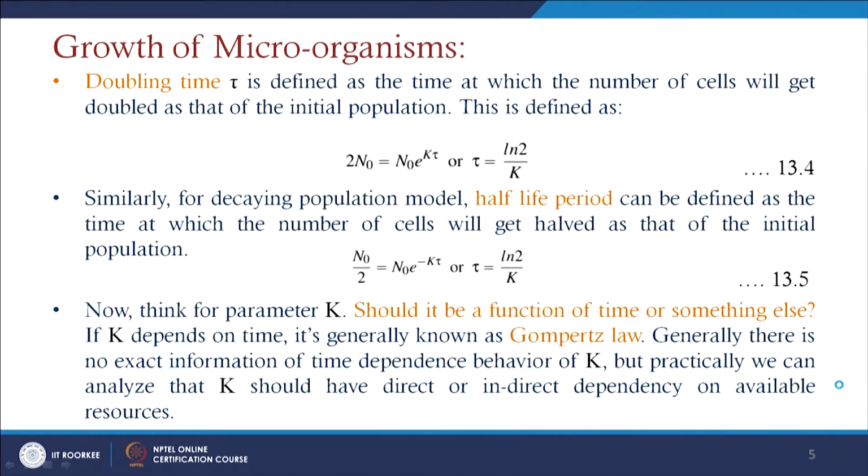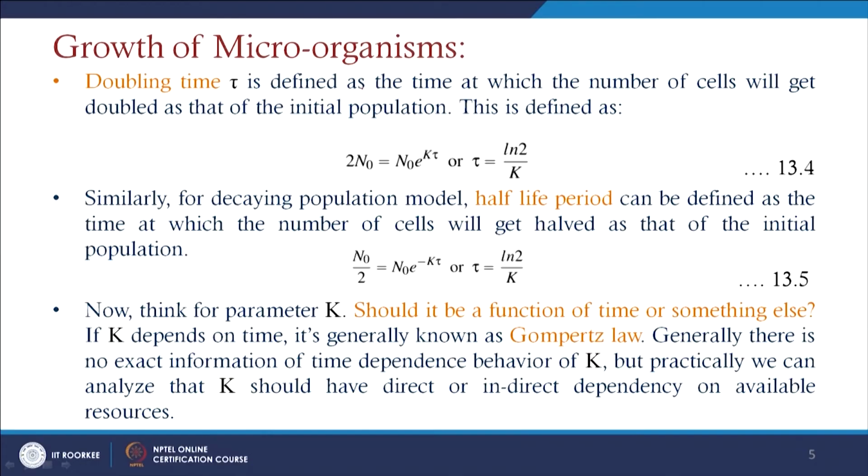And if the population size is doubled at a level, then this is called the doubling time period, and we want to calculate how much time is required. So, doubling time t is defined as the time at which the number of cells gets doubled relative to the initial population. Considering our solution, n of t is written as n0 e to the power kt. So, if the population size is doubled from the initial population size, since initially at t equals 0, n is considered as n0 there.